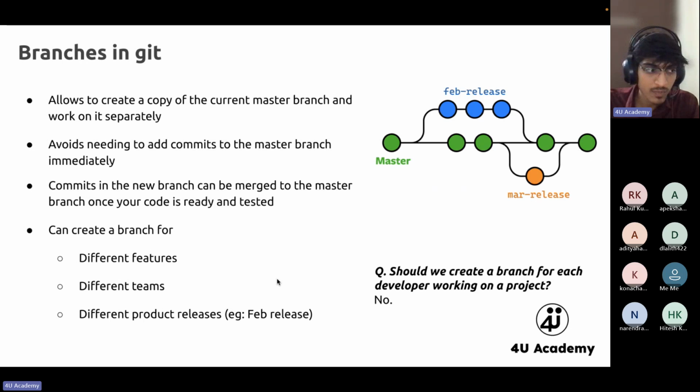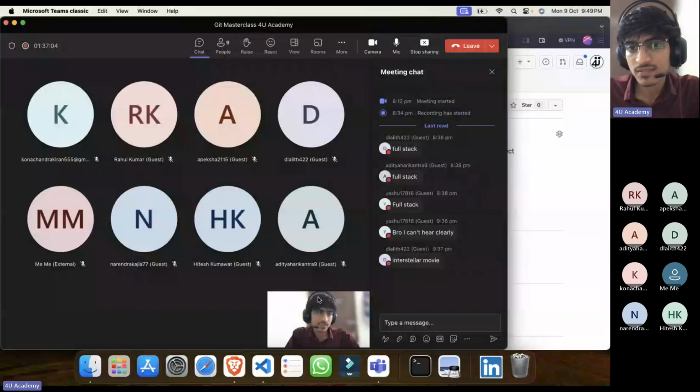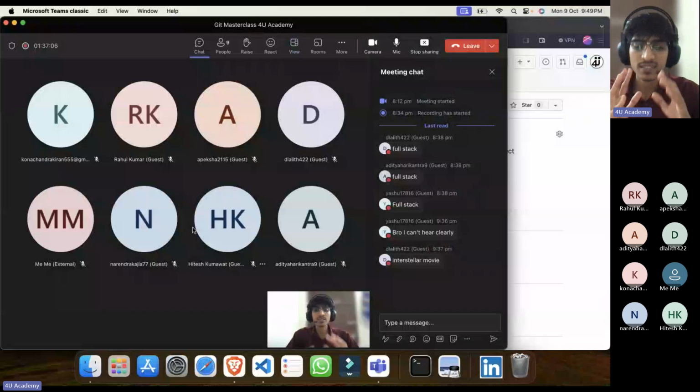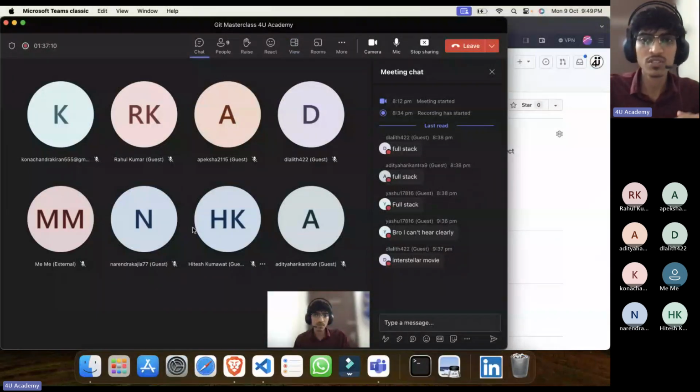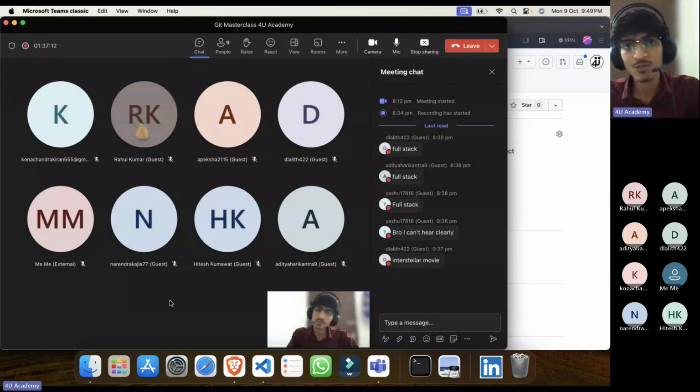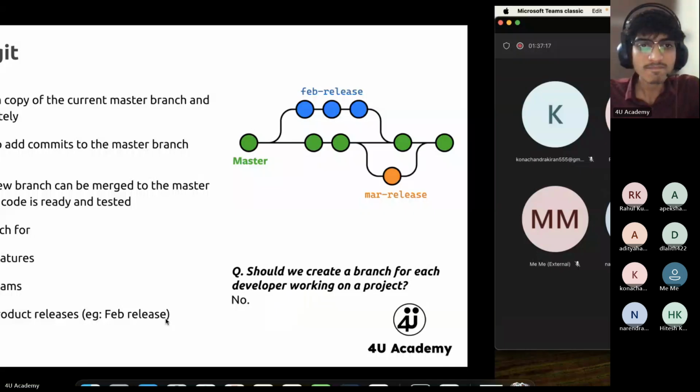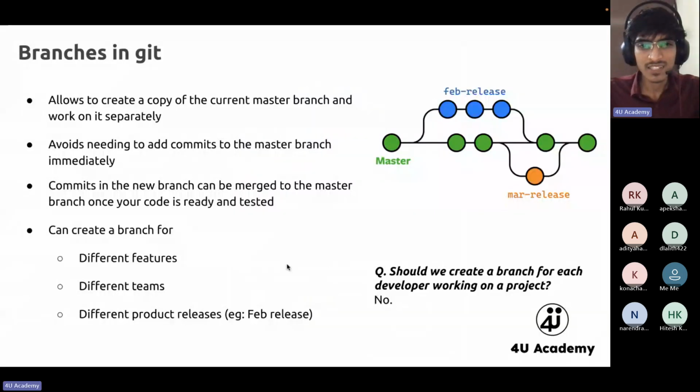Cool. So now let us come to Git branches. It's 9:48. Still, I need at least 25 minutes, so the session will go till around 10:15. Sorry that I am taking your time, but it is really important that you learn it completely this time, because if you skip it, you will never come back to the recordings. Just manage for today.